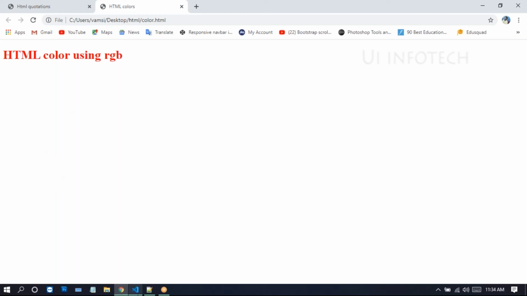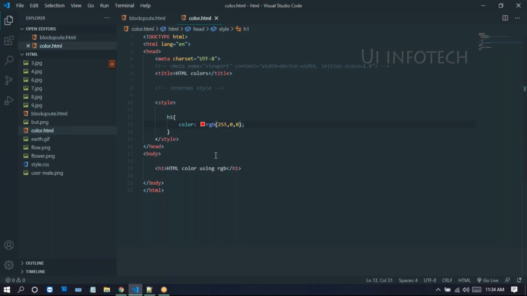So like this, we can apply RGB colors. Here I'm giving RGB 255, 0, 0: red present, green absent, blue also absent. If you run this in the browser, there you get the red color.